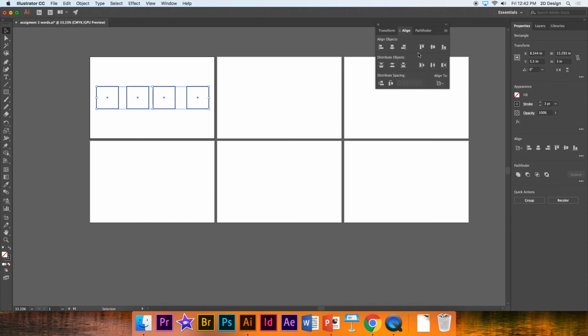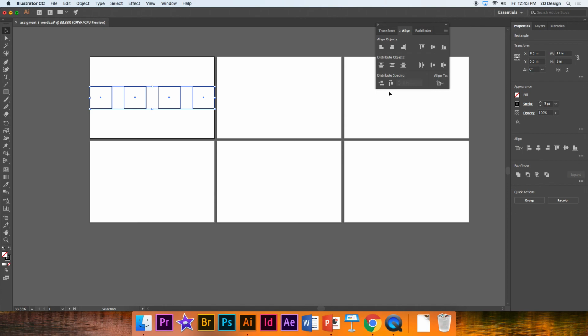All right. So the next thing I want to do is, right now, notice they're not evenly spaced. I want to distribute them evenly. So with all of them being in a line like this, I'm going to drift down to the second row, and if you'll notice, it says horizontally distribute center. But I don't want to do that just yet, because right now it's aligned to the artboard, which is that big white square. If I do it aligned to the artboard, I'll show you what happens. I'll hit this,